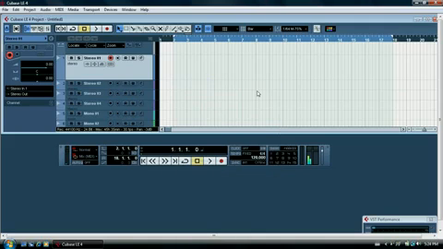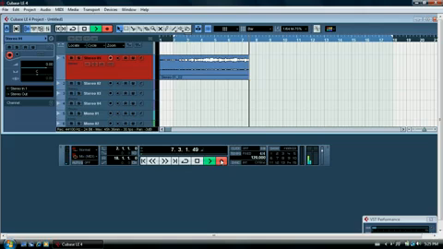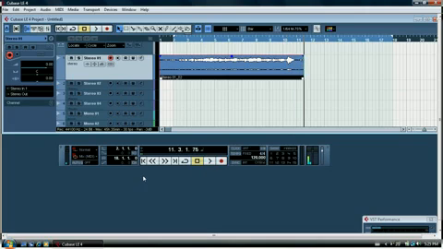Hi, today someone asked me how to add reverb and echo type effects to your track. So first of all, record your track like so. Click the record button and, okay, once you've finished your recording,